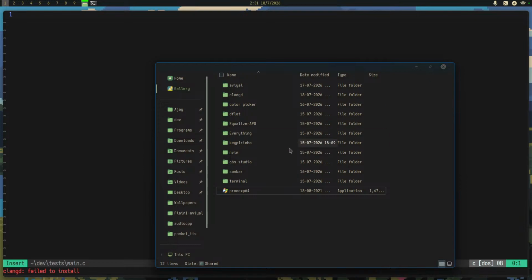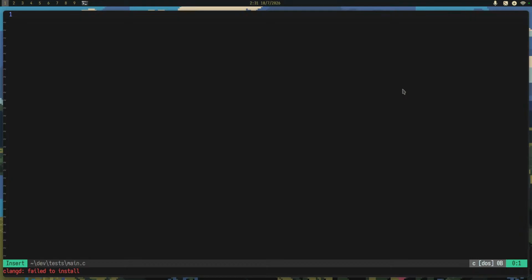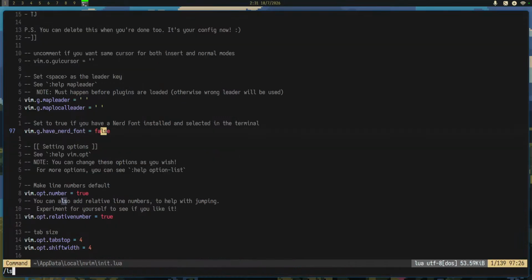Create the install. So maybe I will just, what is this?